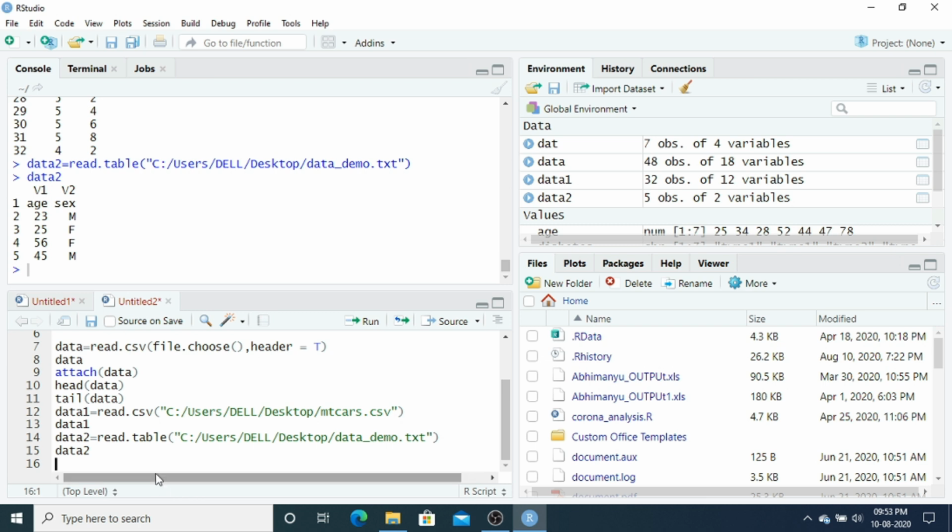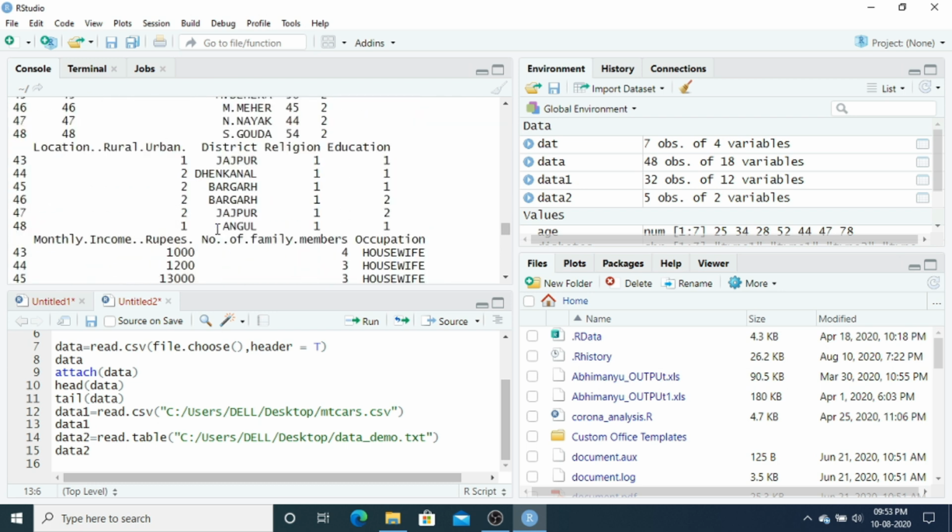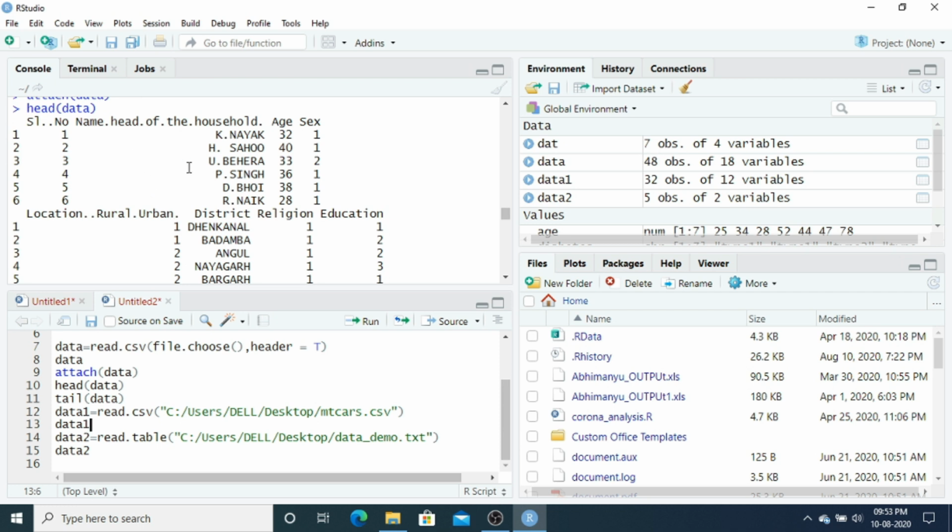Suppose I do something for the mtcars data, or for the first data set which I have imported.